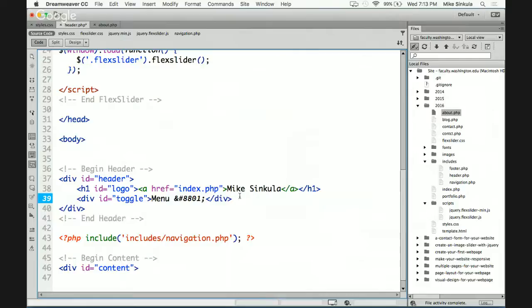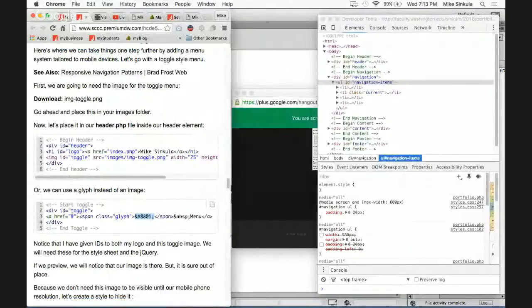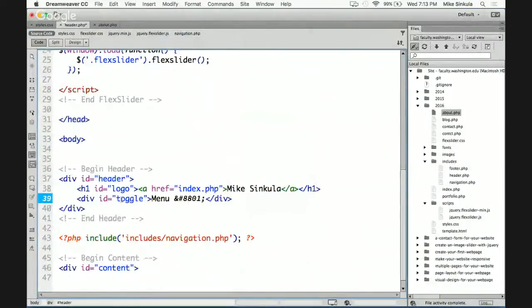So basically I'm going to say div ID toggle, and I'm going to put it inside my, let's see where I put it last time. I think I put it, no, I did that, right? This was just from my business site. So instead of this image tag underneath the H1, we're just going to do a div, or we could even do,